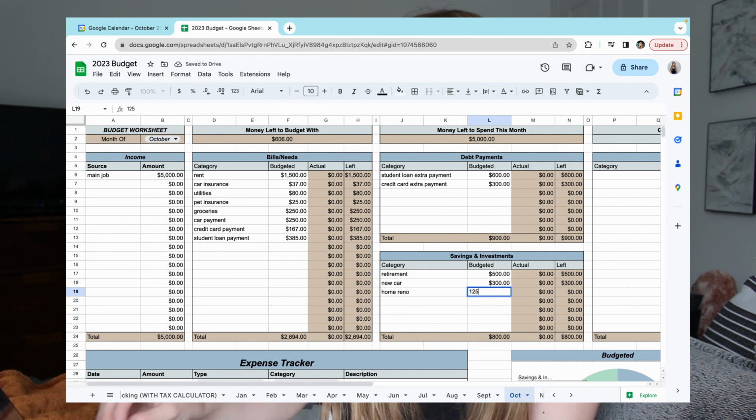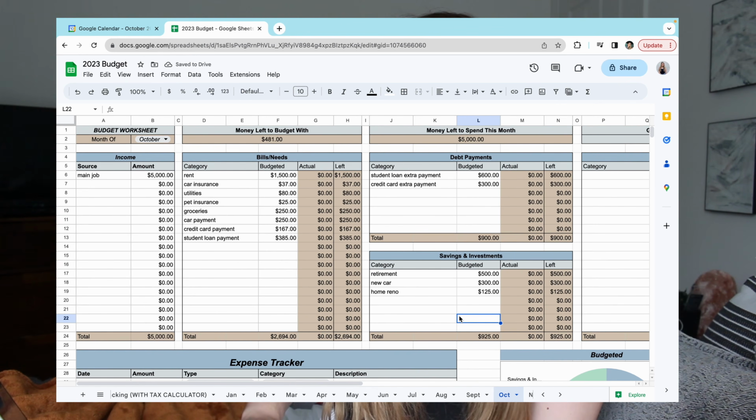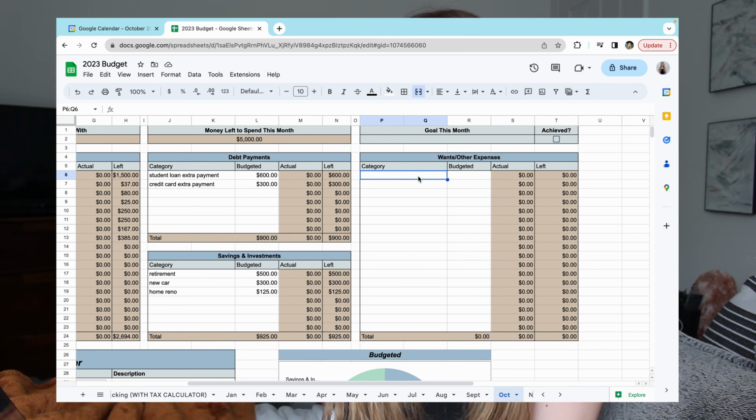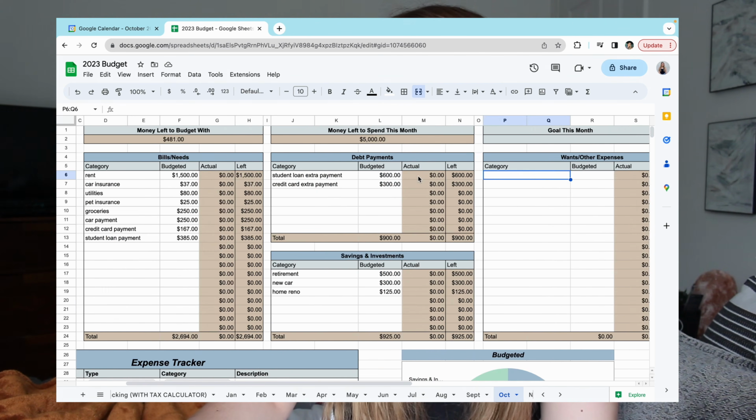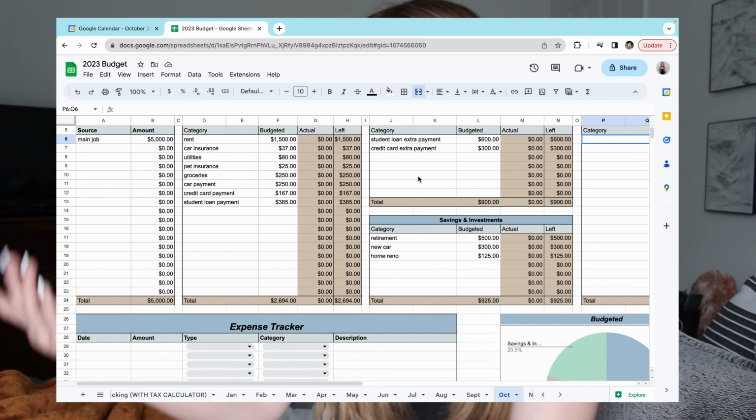I just added in some random numbers into this section to show you the money left to budget with section is now updated, and then we can go over into our wants and other expenses to see what we're spending. So based on this, we have $481 left to budget with,